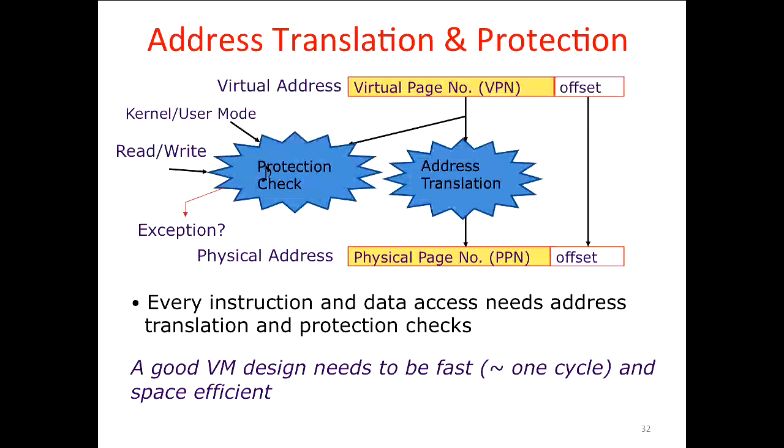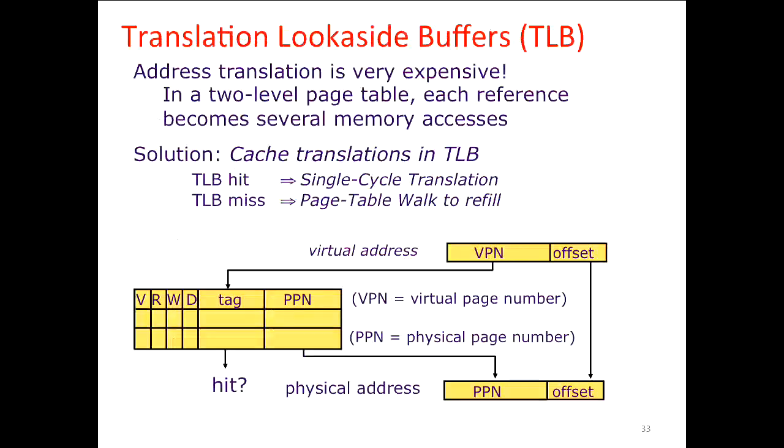So which addresses you're using, you're going to reuse the same addresses, you're going to use nearby addresses. So the idea is to build a cache for address translations. So we're going to build a cache, and the purpose of this cache is to cache the mapping from a virtual address to a physical address. And that's what an address translation cache does,